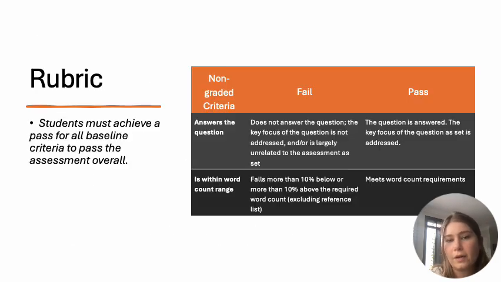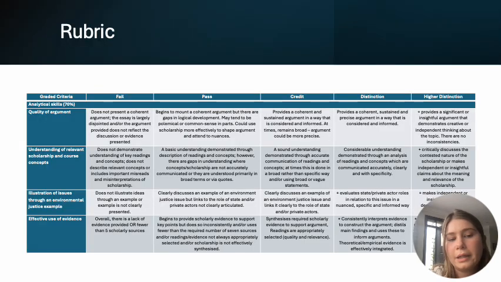This is just that pass-fail component of the assessment rubric, which is really straightforward. And I suppose I just wanted to point out with the rubric, and this I think goes for all rubrics really, there are always key words used in the rubric that tell you exactly what you need to do for a good mark. So try to pay attention to those. For example, critically discuss the contested nature of scholarship rather than just demonstrating accurate communication of the readings and concepts. You can see those specific words indicating to you what will get you those extra marks.